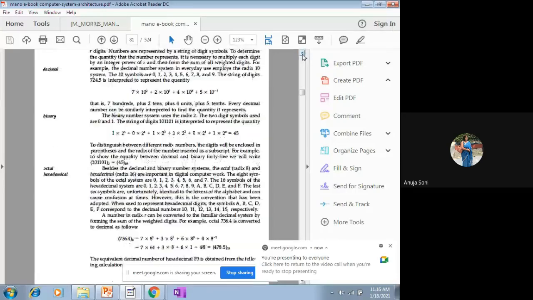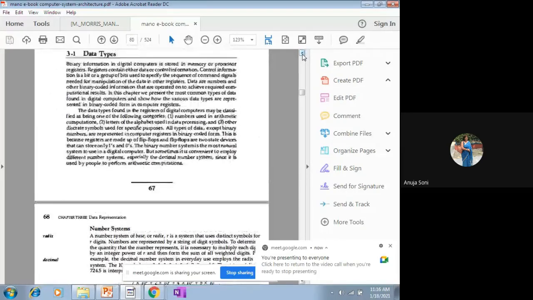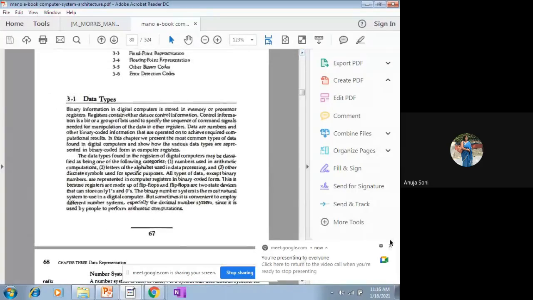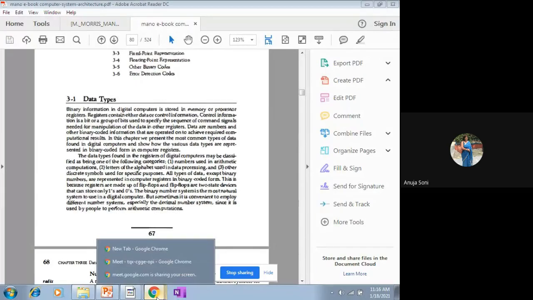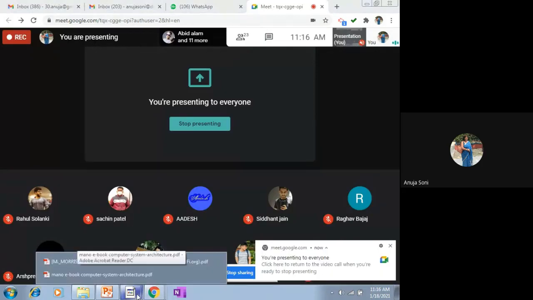The third chapter. We already had a discussion over the conversion techniques from one numbering system to another. We have discussed essentially three cases. The first case was that we were given a number in binary, in octal, or in hexadecimal form, or in any other numbering system having a base r, and you had to convert it into a numbering system having a base of 10. So that method we already had discussed.